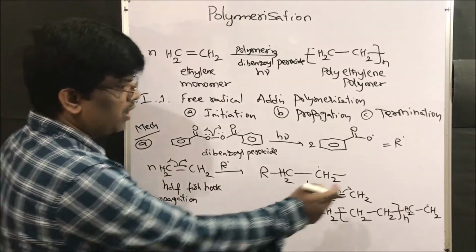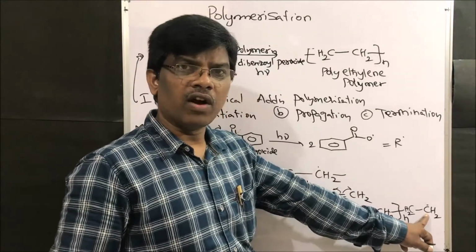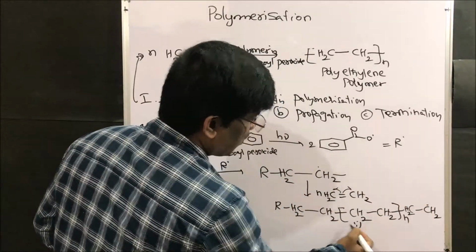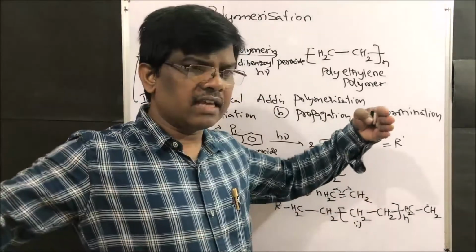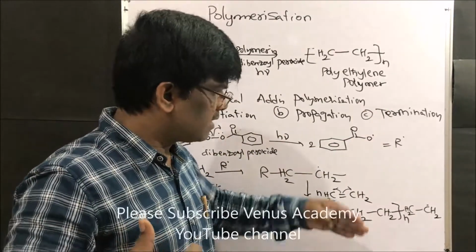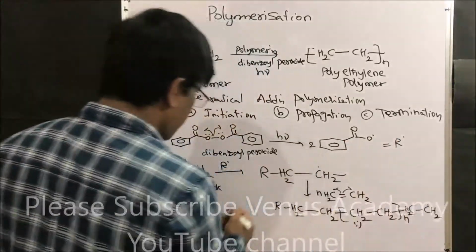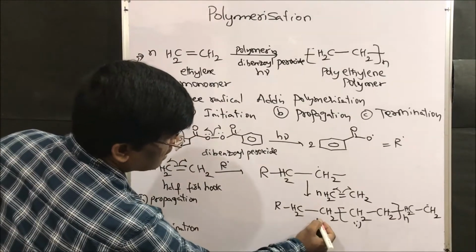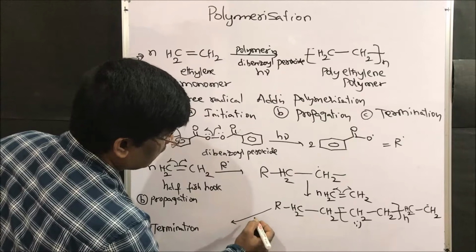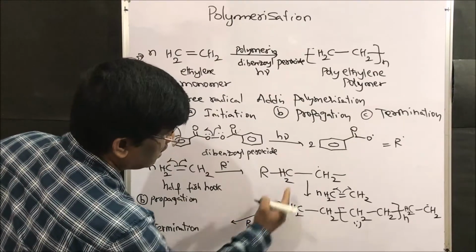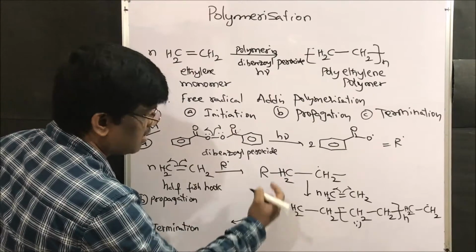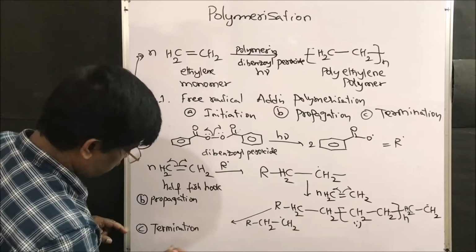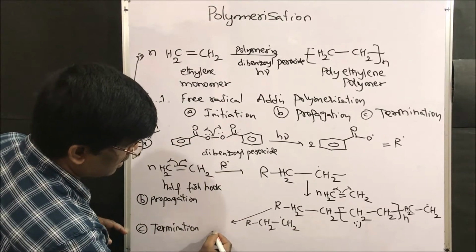Termination. So during termination, what is going to happen? Suppose this is number 1. It can react with another molecule of the same kind and form this type, or it can end by reacting with this. Let us write this. This will be in the reaction mixture, and this also will be in the reaction mixture, CH2 dot. So what is the compound we may finally get?